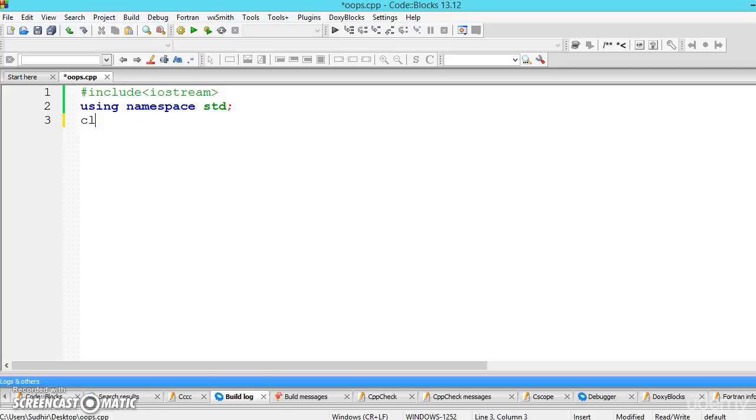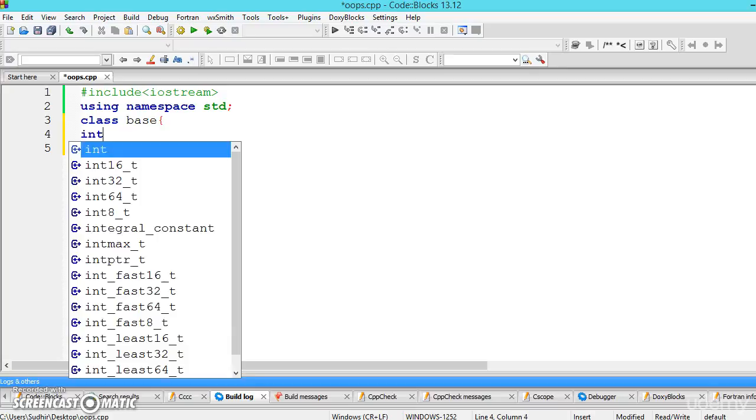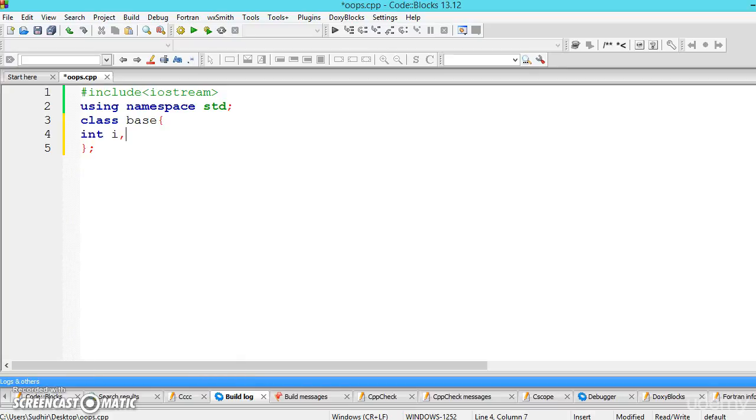So let us first create a class Base, flower brackets, and inside this we will write int i, j. If you are not specifying any visibility section, the system treats it as public. It is default. Public is default. Let us write public